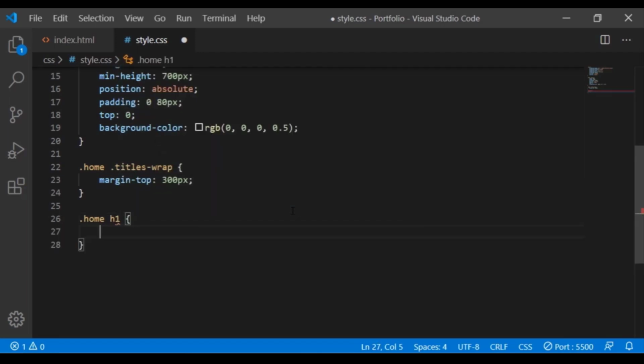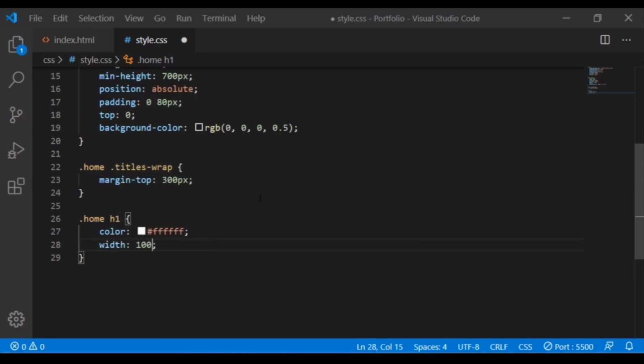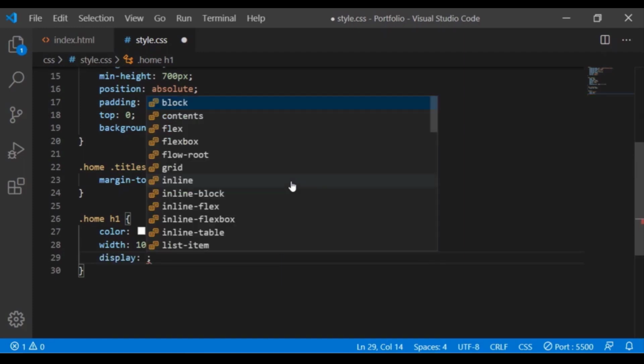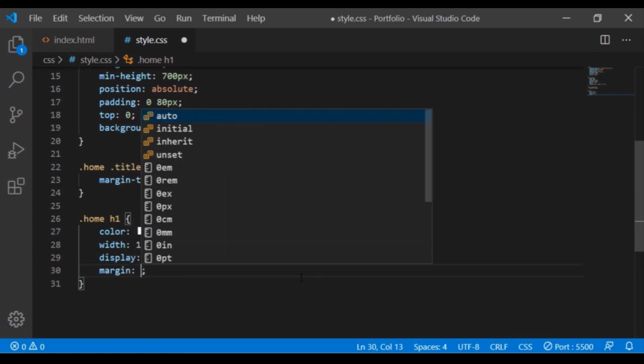Set the color to white. Set the width to 100% so that it spans the whole width of its container. Set the display property to block. Next, set the margin to 0.